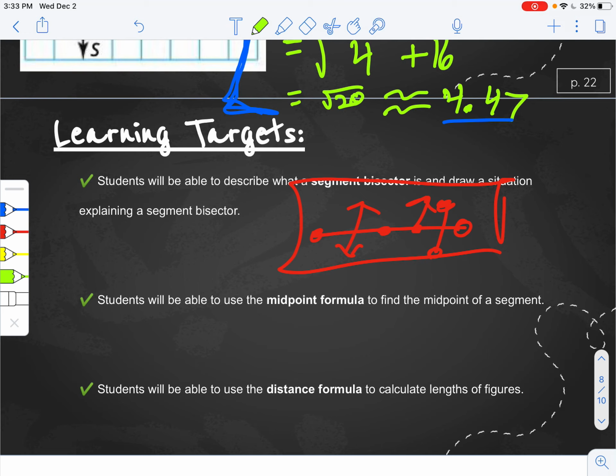Okay, so that is what we're looking at in lesson 1.3. Just a little preview of what we have coming ahead. Lesson 1.1, 1.2, and 1.3 will be something that we quiz on early next week. So if you're not understanding anything from what we've talked about so far, then it's going to be really important to email me, let me know. We can talk about some things and clear up some things, but otherwise,